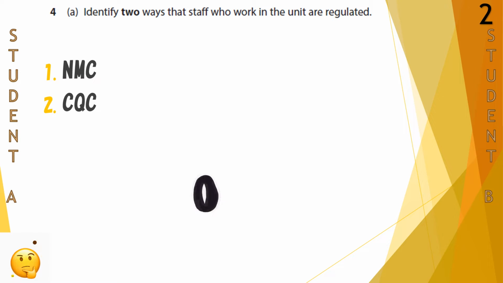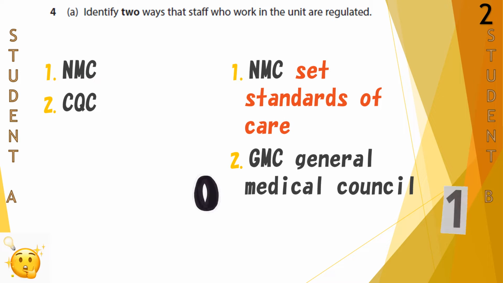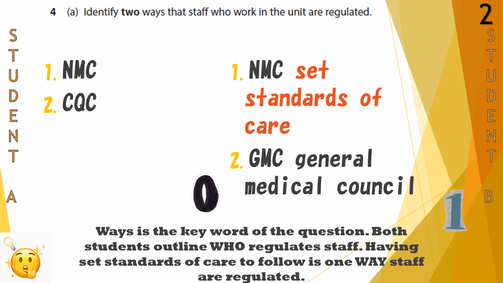Now, my student responses here scored quite differently. So they got, well, we've got 0 and 1. Now, in both cases, they identified the NMC. Student A identified the CQC. Student B identified GMC. Now, the reason they didn't pick up marks, from what I think, based on reading the question, is the key word there is ways. So they've both provided